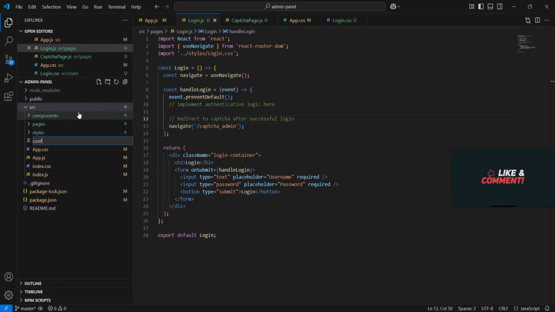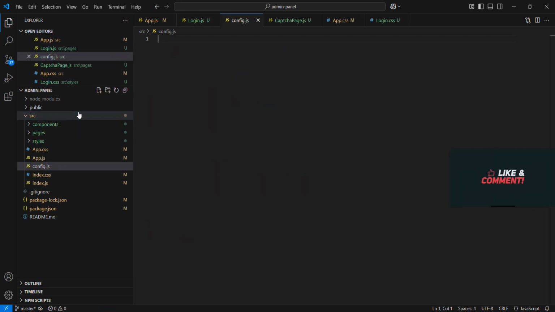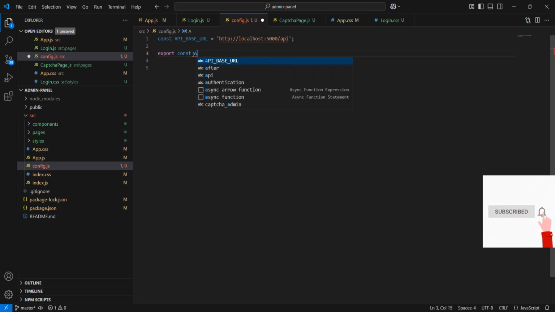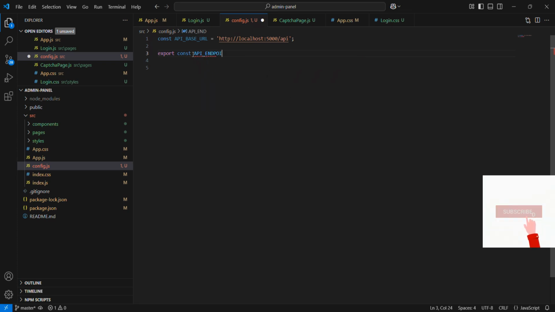Here, I'm creating a config.js file to store all API endpoints. Let's add the base URL to this file first. Next, we are creating an object named API endpoints.